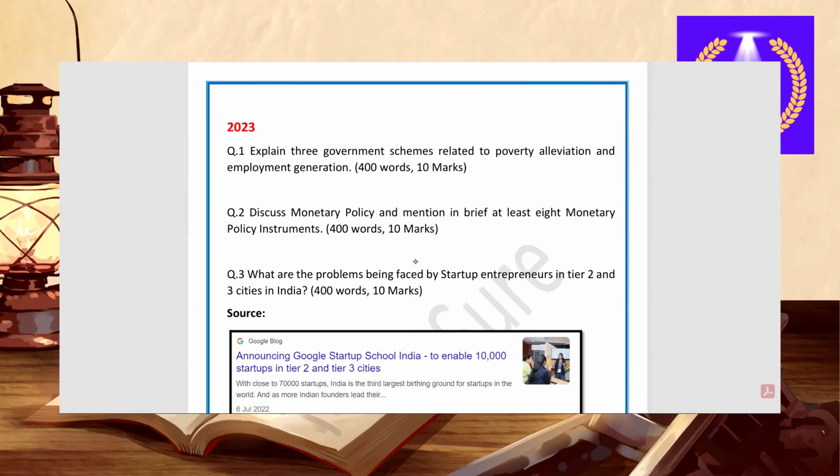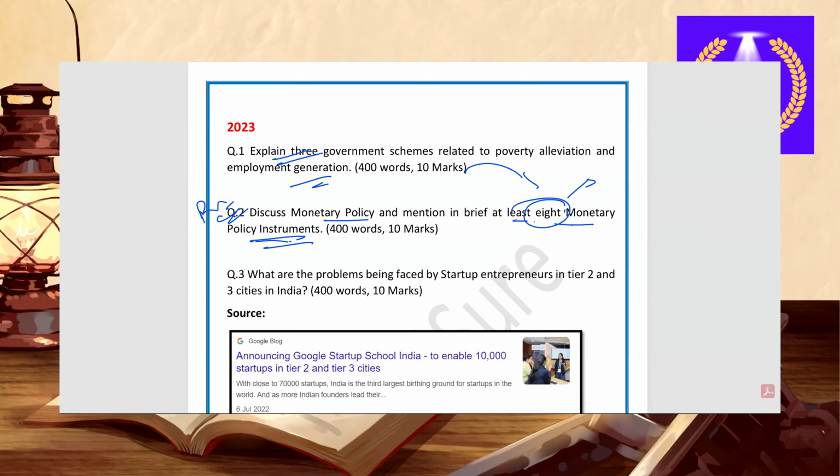देखो, repetition is there. 3 गवर्नमेंट स्कीम्स रिलेटेड टू प्रॉपर्टी एलिवेशन एंड एम्प्लॉयमेंट जनरेशन। कितना इजी क्वेश्चन। अगेन इट गॉट रिपीटेड इन 24। Monetary policy and mention them briefly, the last 8 monetary policy instruments, at least 8 monetary, वही रेपो, रिवर्स रेपो, एमएसएफ, एसटीएफ, ओएमओ, यही है इंस्ट्रूमेंट्स, राइट। डायरेक्ट क्वेश्चन फ्रॉम आरबीआई